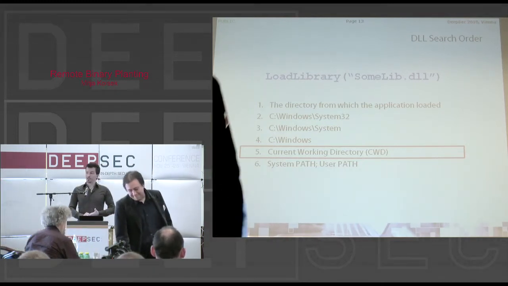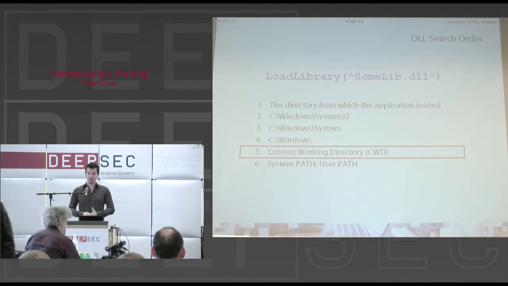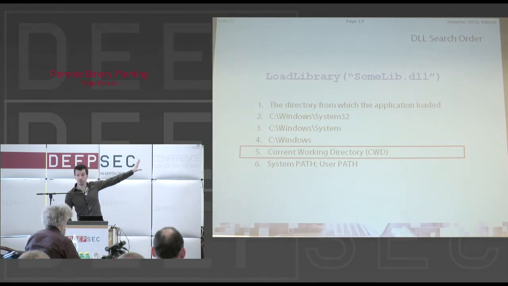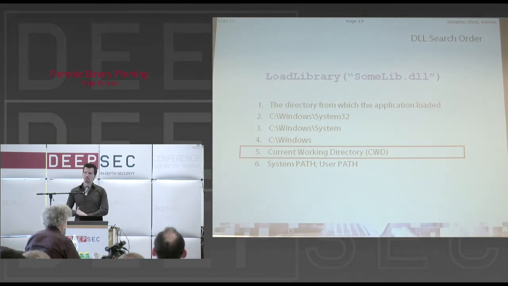If you have permissions set correctly on your computer, then no one without admin privileges will be able to plant a malicious DLL in any one of the initial 4 locations. And also, unless an application was stupid enough to change your path so that some attacker-controlled location is included in the path, then that is off limits to attackers as well. But the current working directory, which is unknown to many people, can not only point to a location on a local file system, it can also point to a remote share.